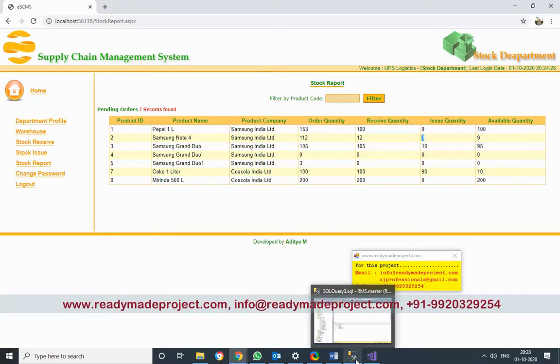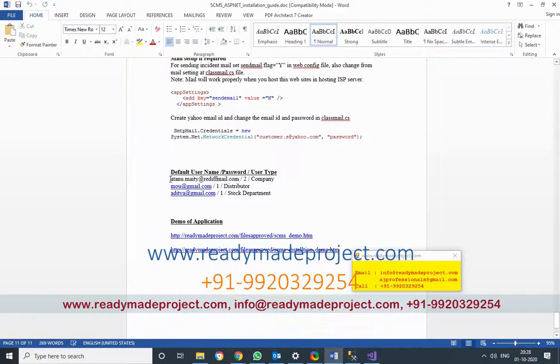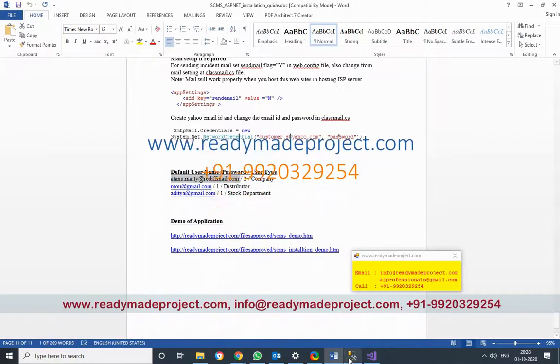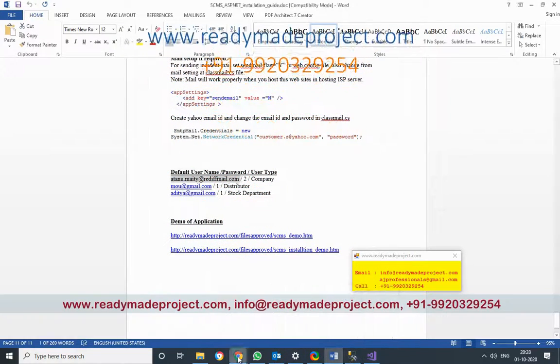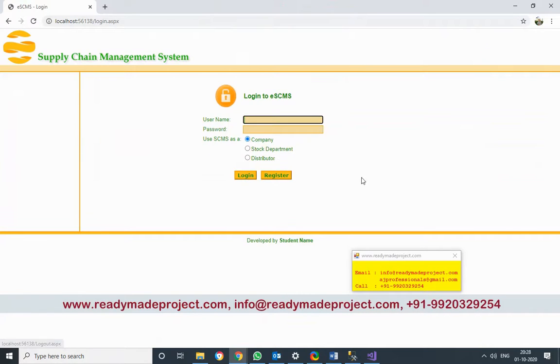Okay. Like this, this system works. So three sets of users are there. One is the company, who, suppose company wants to add a new product. Any number of companies can register here. Okay. So I'll show you how to add a product. Say I will log in as a company. Or if you don't have the ID, you can register also. Password, I will give the password.